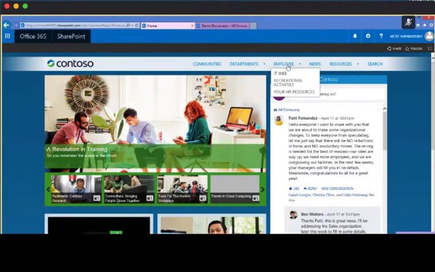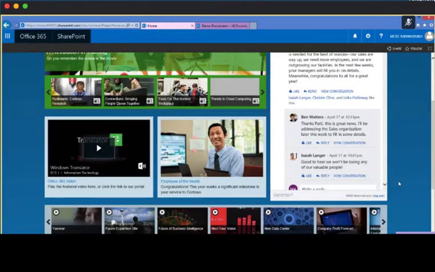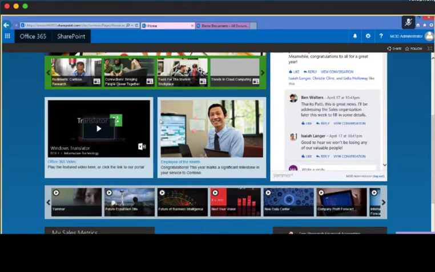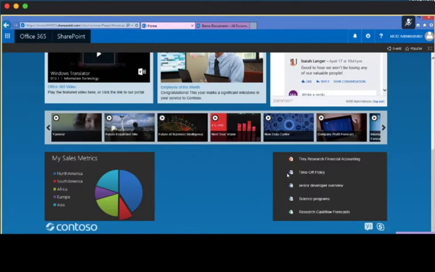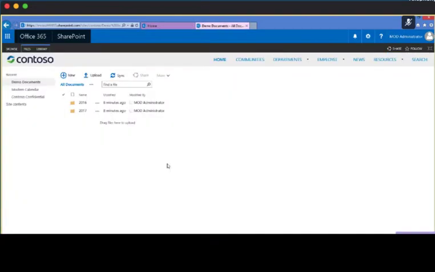So it kind of let you see what some of those different pieces are. And if we were to come down, we could see posts going back and forth, different information here, as well as a documents area. And if I was to click into the documents, I'm just going to bounce over to another tab here